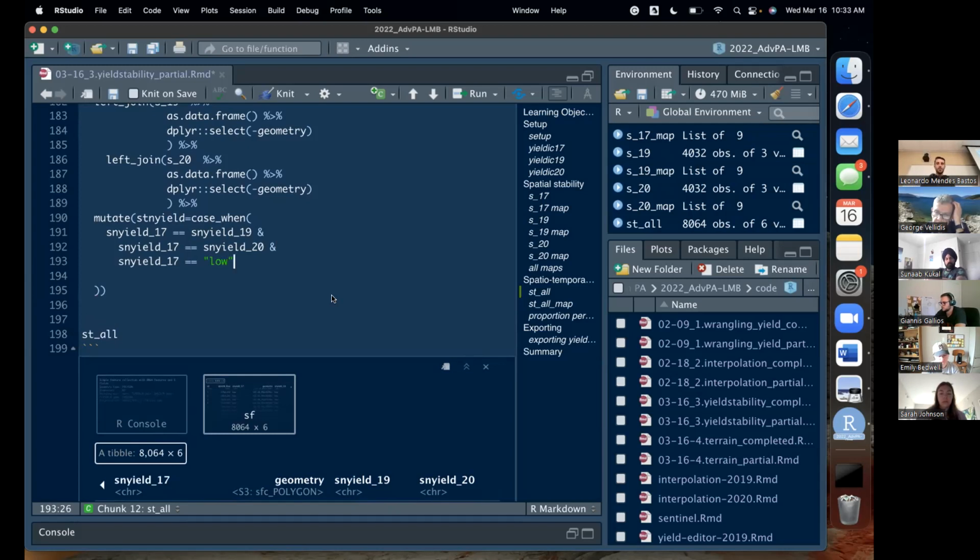So I know this can be a little bit complicated, but here's what we're saying, right? If 17 equals 19 and 17 also equals 20, so meaning all three have the same value and that value is low, then we want this new column STN yield to have a value, so tilde, open close quotation marks, of SL, standing for stable low. So it is low, it was low all the time for all 3 years. Okay, so this altogether was our first condition, and you had 3 subconditions for that to be met. Now,